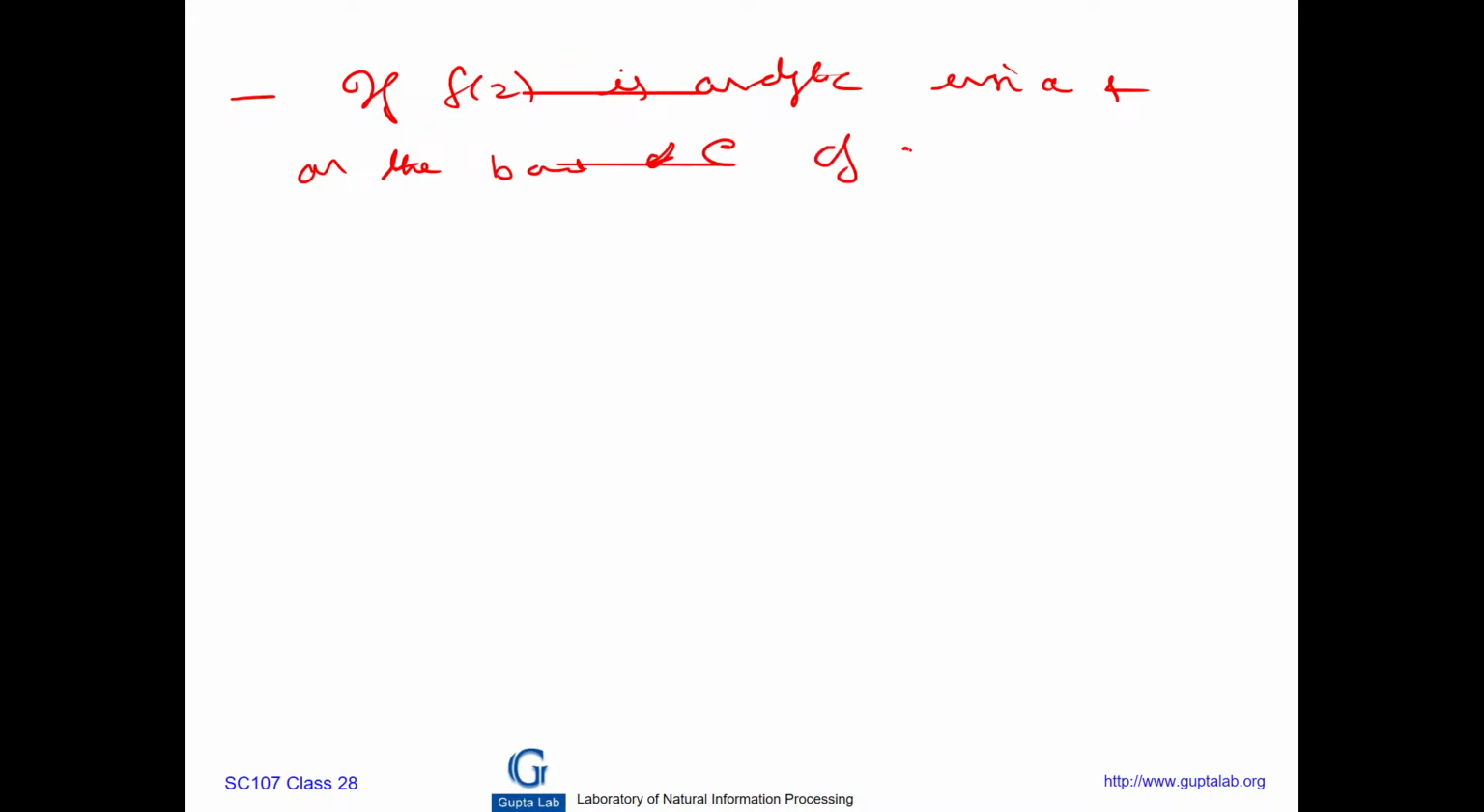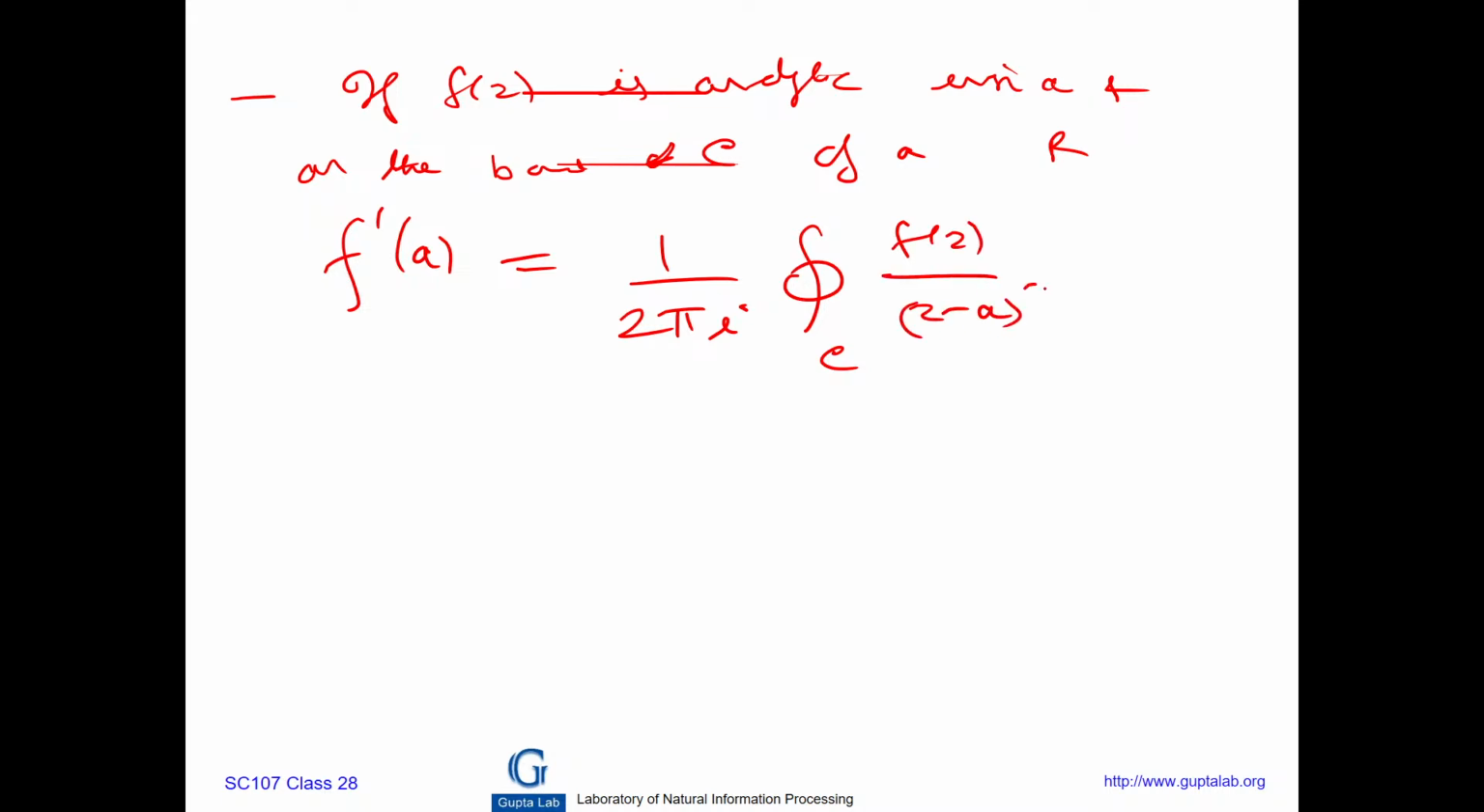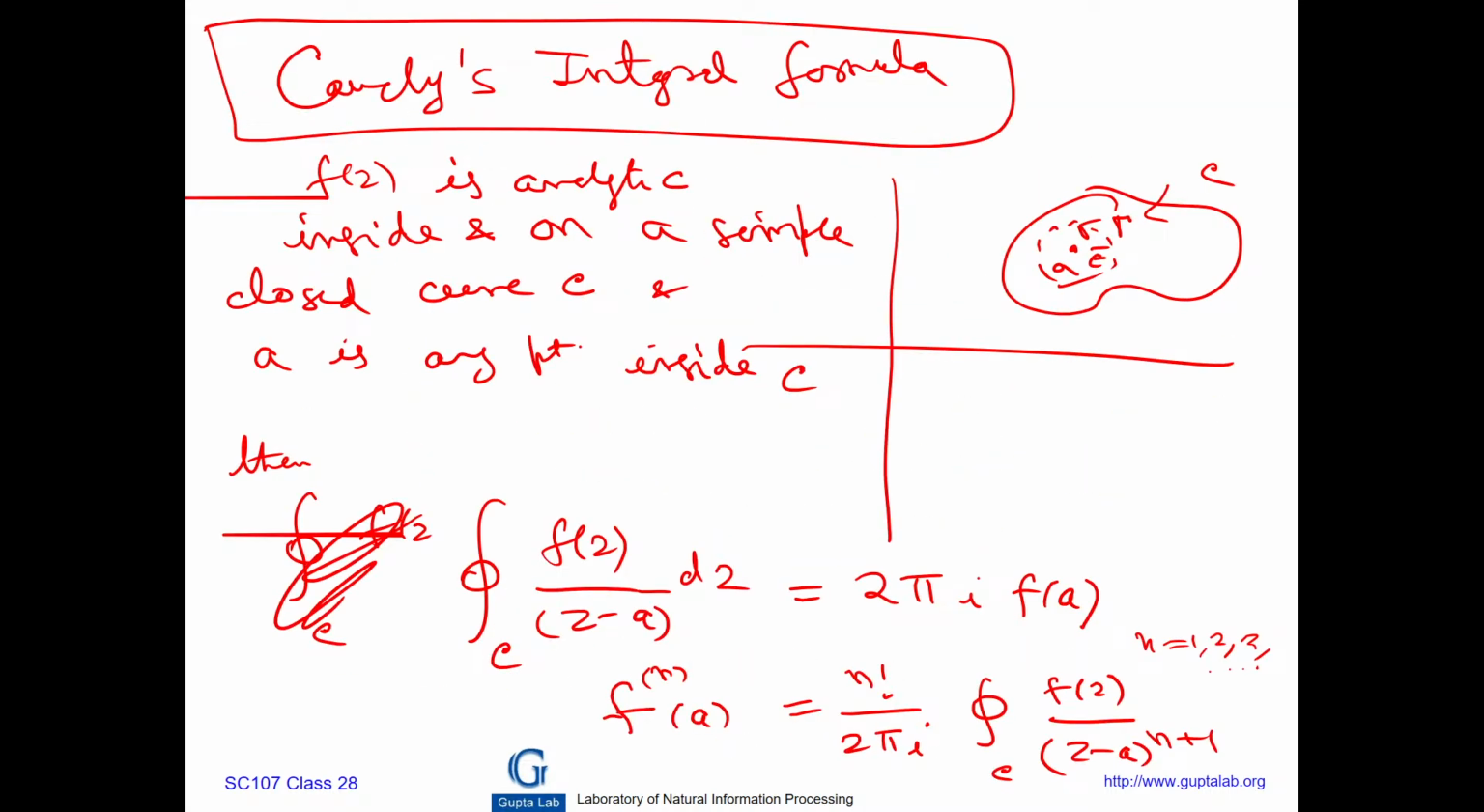So the next case is if f of z is analytic inside and on the boundary C of a simply connected region R of C, right? Prove that f dash of a is equal to 1 over 2 pi i integration along C f of z over z minus a whole square dz. नेक्स्ट केस अगर हम लेते हैं, इन दिस फॉर्मूला इफ n इज इक्वल टू 1 द फर्स्ट डेरिवेटिव, एंड दिस इज करना कुछ नहीं है,